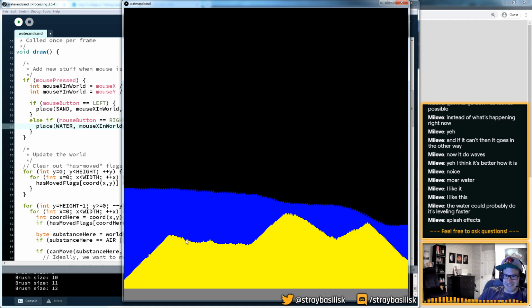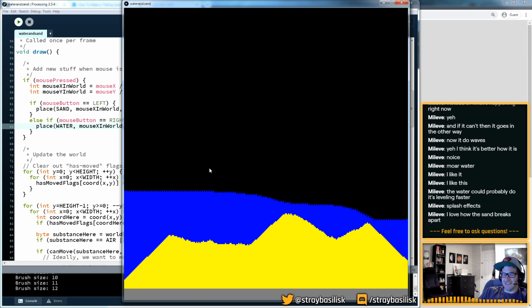Yeah, the sound is already super good. It really feels right in terms of how it all moves. This water just takes a long time to even itself out. Yeah,